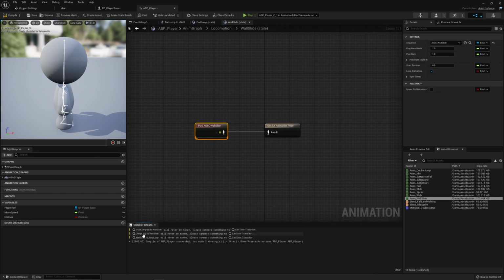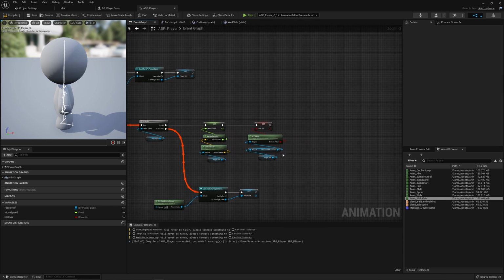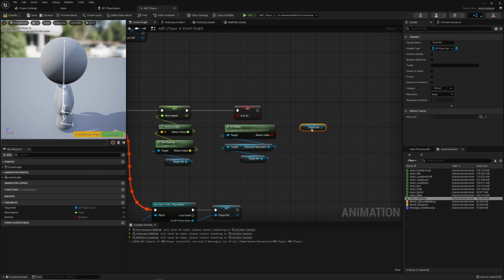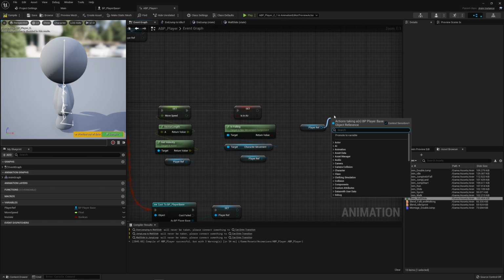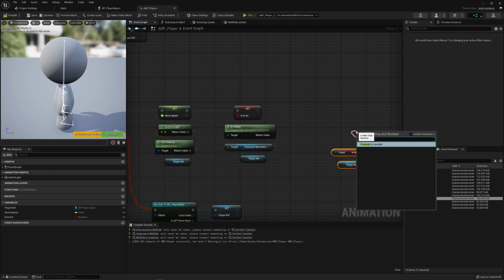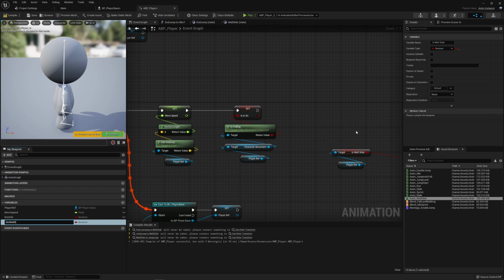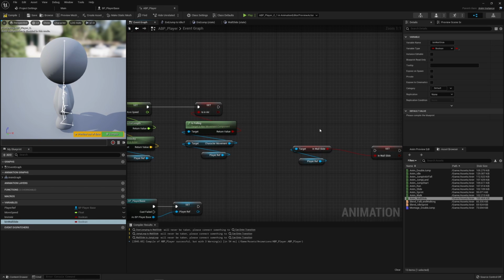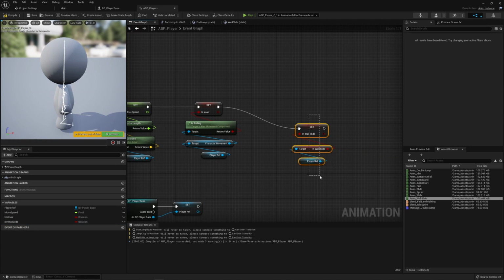Now what we want to do, it will say here that these three states haven't been accounted for. We don't have the value tracked at the moment, so we can Control W our player reference again, and we can now get and promote that new variable that we've made, which is wall slide. So the Boolean we are now tracking on the event tick. We'll promote this to a variable, call it bInWallSlide,